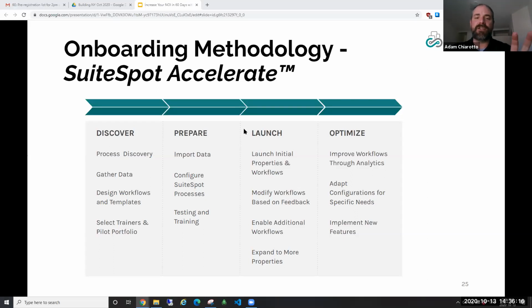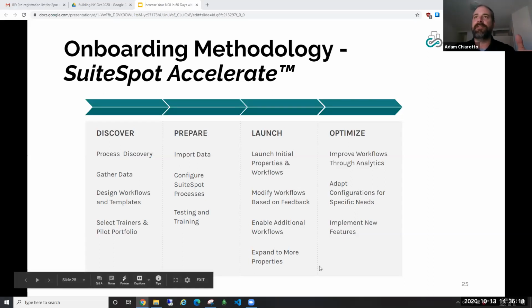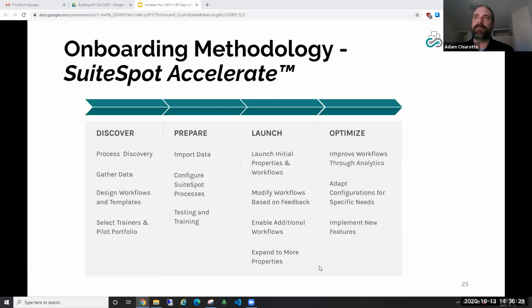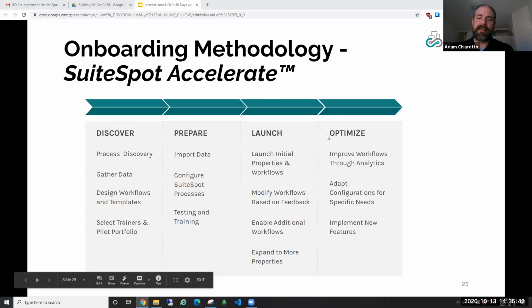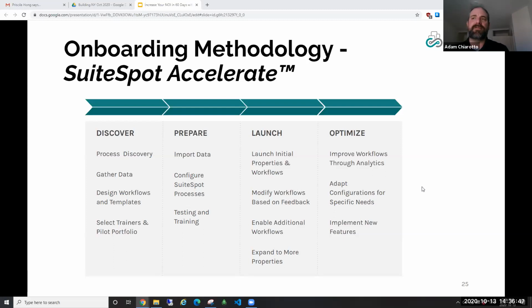And then once that's all done, we do our launch. And the launch is very, very simple. We're going to start with a pilot property or region, let's call it. We're going to start with the most prevalent or pressing matter. If it's service request, it's service request. If it's unit turns or unit renovations or common area inspections, whatever, we're going to start with that and we're going to deploy it. And then we're going to have frequent sessions to optimize that process. So for the first 3 months, we're probably going to talk once every couple of weeks.